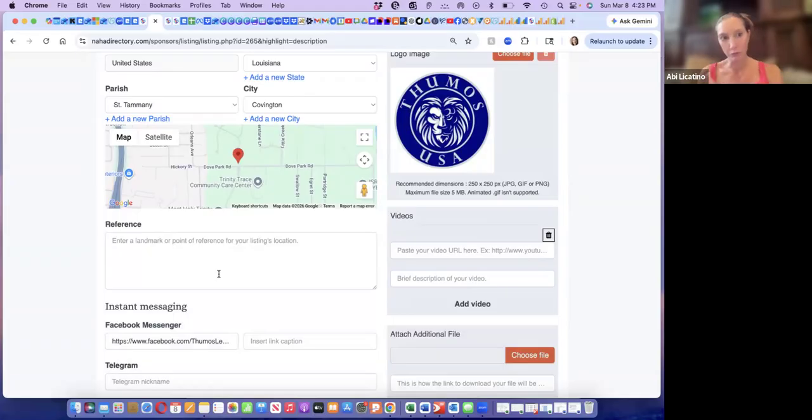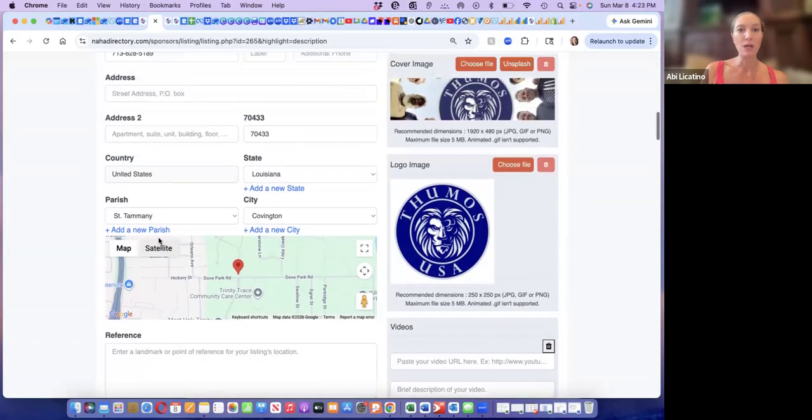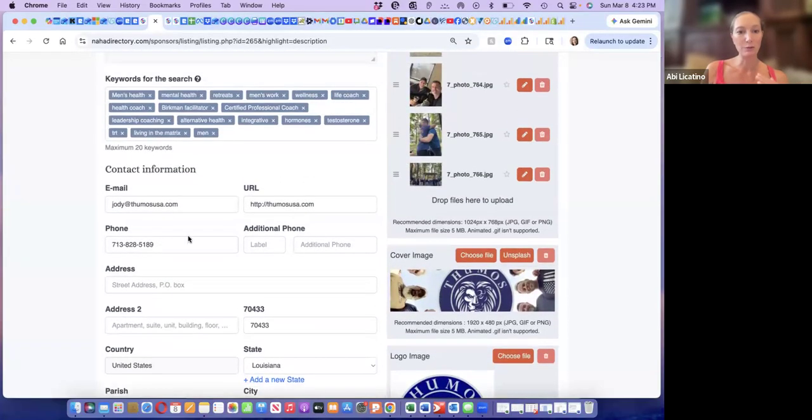So if you're next to Whole Foods or next to the Purple Elephant, you can do more of a description there. The reference only populates for premium members. Standard and basic members would not have this addition. They also would not have a second phone number. And I believe standard has your email, but basic does, or your website, but basic does not send them to